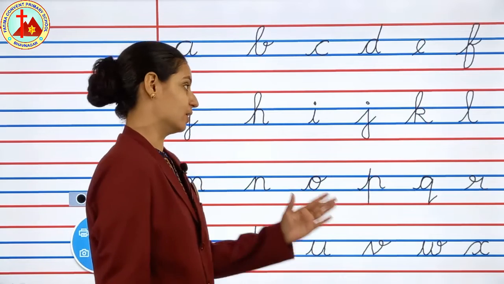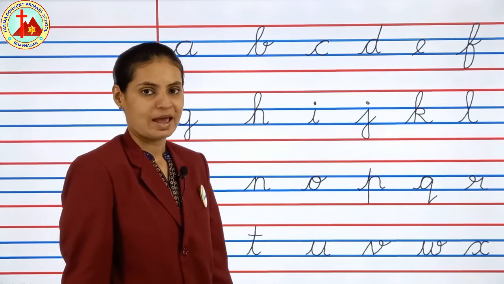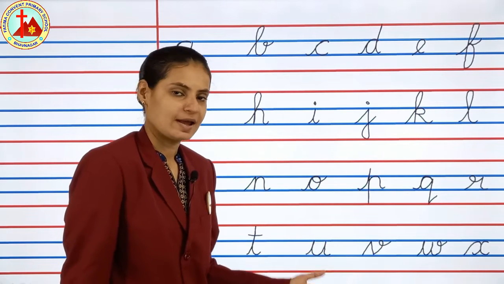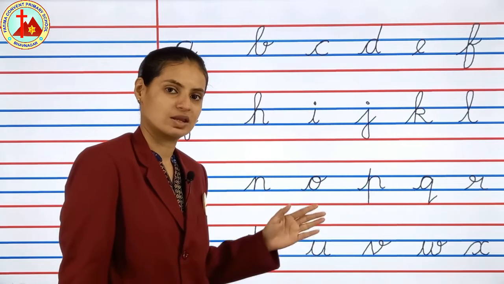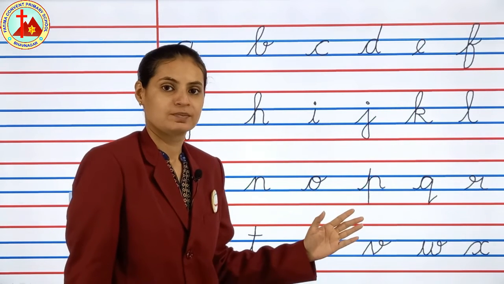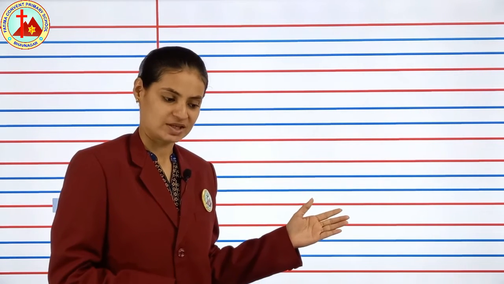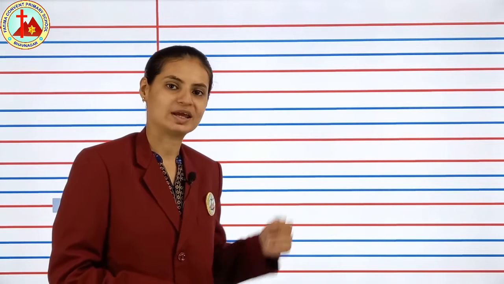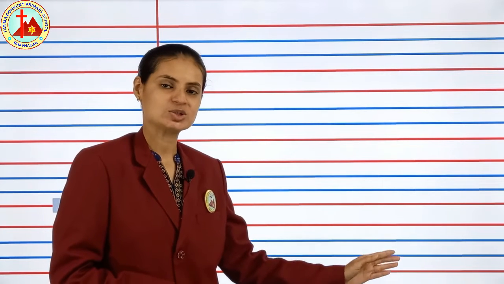Now see children, here my page is over. So I will take the next page for other letters. But you write continuously, you are having many lines in your page. So Miss will take another page to continue cursive small letters. But you are writing continuously on the same page, okay? So you will take the next line. In my previous page, we finished till letter cursive small x.